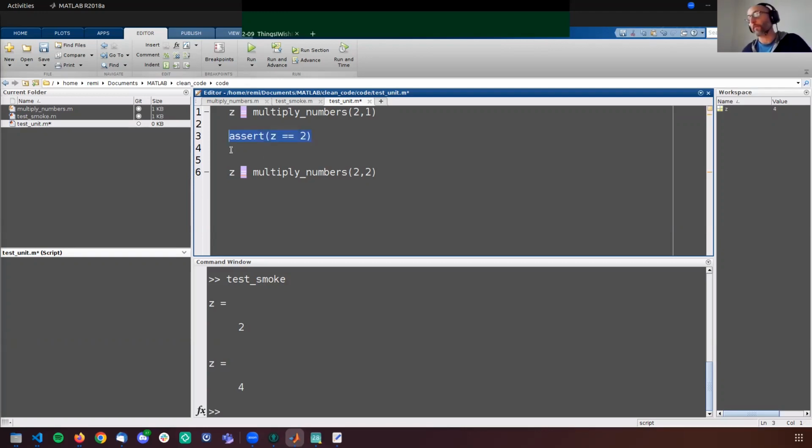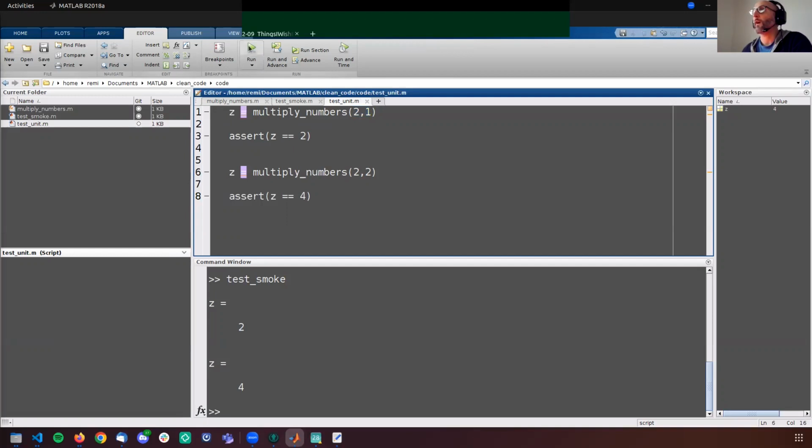That would be a first unit test, and that would be a second unit test where you give some known input to your function. It returns a certain value, and then you compare the output to what you know is the expected answer for these two inputs.